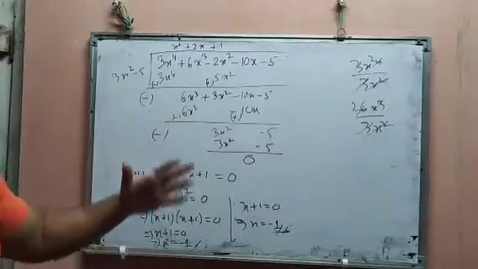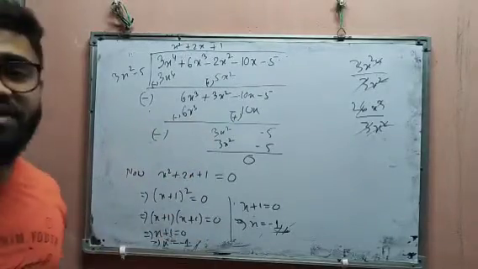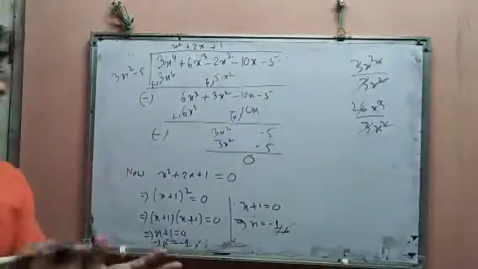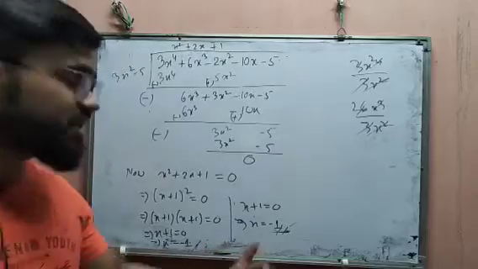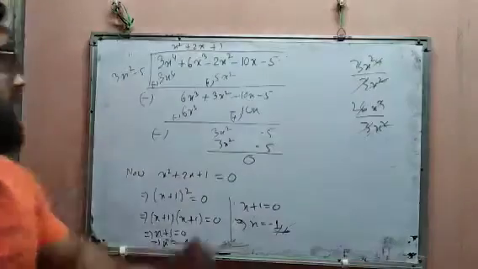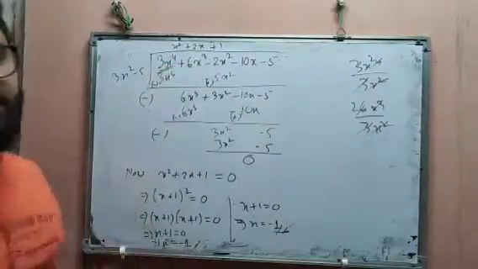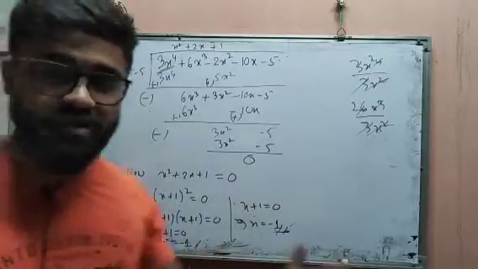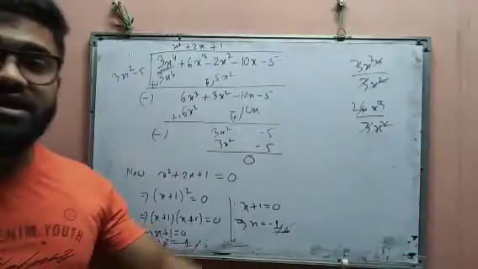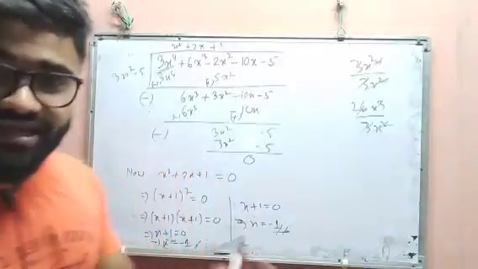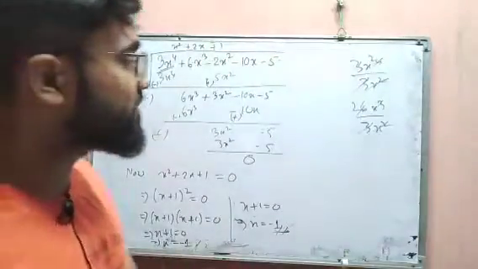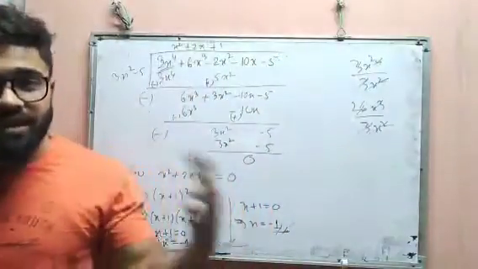Okay, and already root over 5 by 3 and minus root over 5 by 3, these values are given. Now we have got minus 1 and minus 1. So total 4 zeros we got. And the degree is 4, so we got 4 zeros. So this is our required remaining zeros. That is, except root over 5 by 3 and minus root over 5 by 3, whatever the zeros are there, these are the remaining zeros.